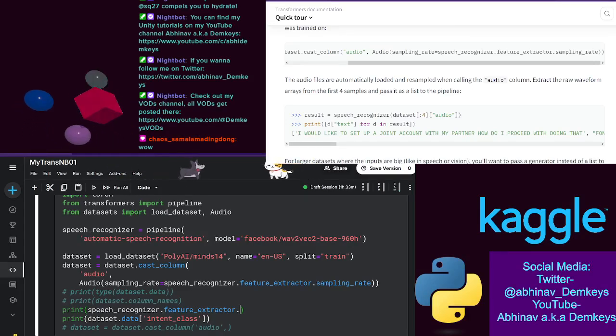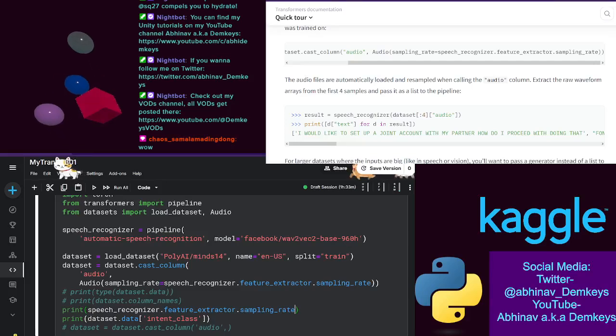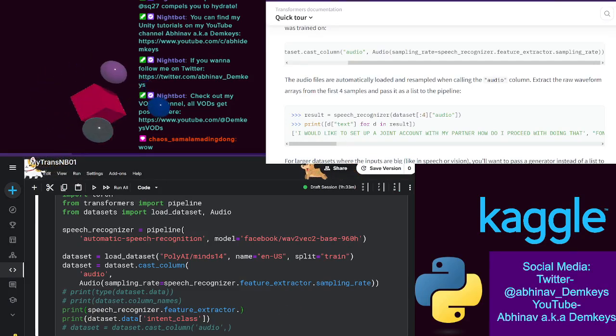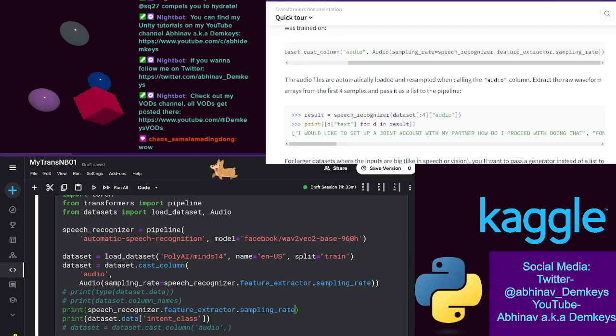Because okay, speech recognizer is a pipeline, meaning pipeline is what has the feature extractor, right? It's not like specifically a speech recognition related thing. Okay, and then sampling rate. So this attribute is only going to exist, I'm assuming, if we have automatic speech recognition as a task or anything audio related. So if we have an audio related task,